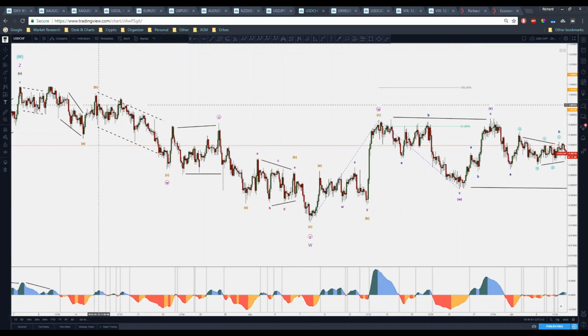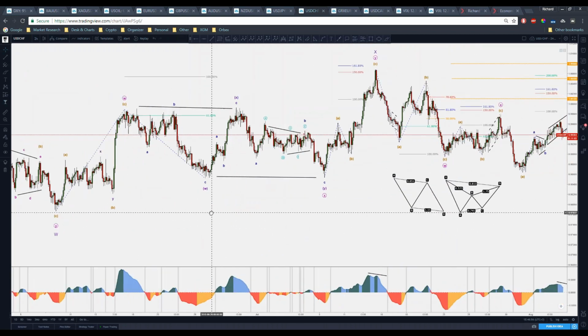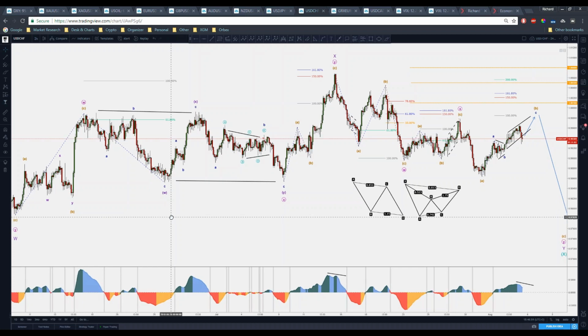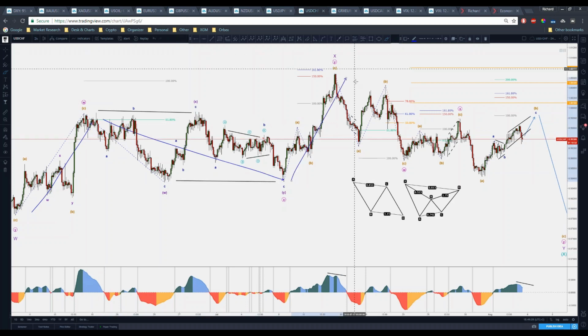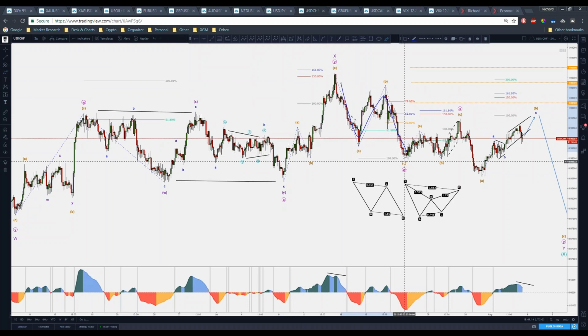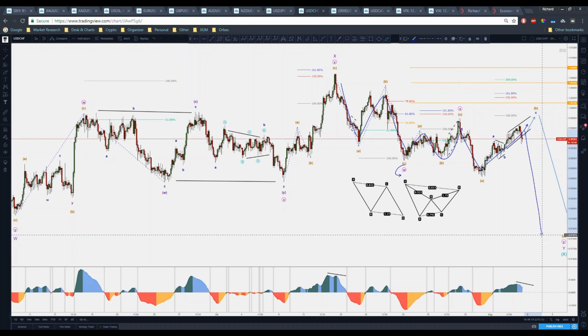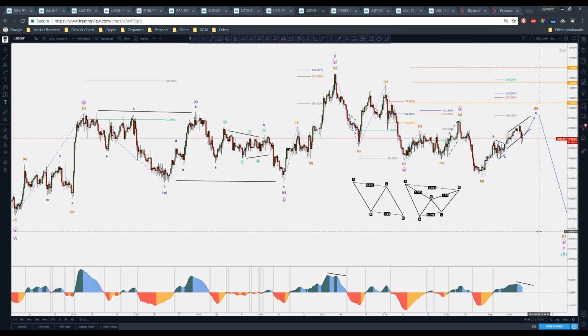So the drop, I'm labeling it in wave W complex, as you can see, yeah, and then the X wave correcting the complex structure, hence the reason why it develops multiples within multiples. So basically a double three, yeah, W, X, Y. So the X, let's say for instance we're done with that. Now again for the Y, multiples within multiples, W, X, A, B. What if the C will start? Hmm? We will see.